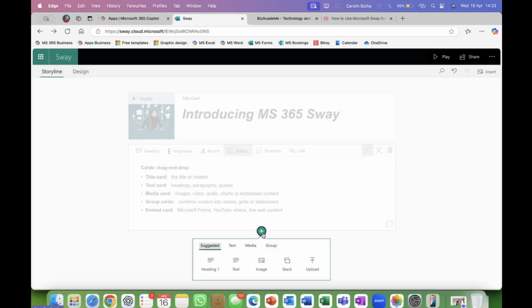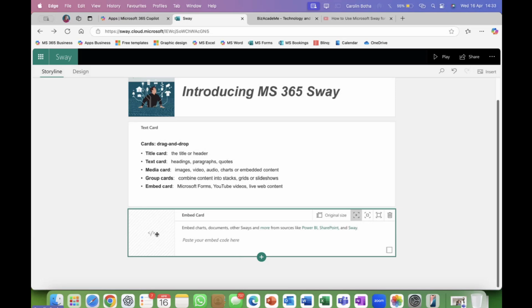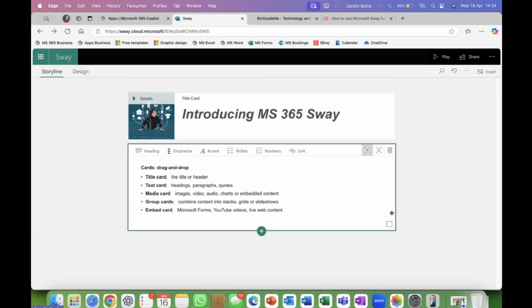So let's go and have a look at a card where we can have, let's just see if that is going to give us a link. Yes, there is. Not sure if this is going to do exactly what we want. Okay, I don't want this card for now, so I'm just going to delete it here in the card area. There's a delete option.